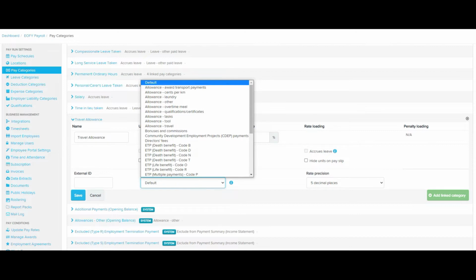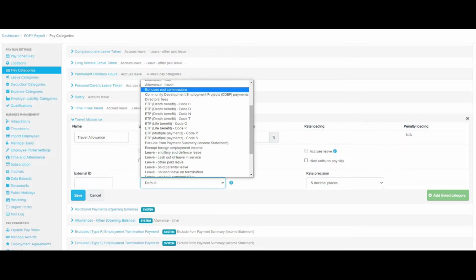If you were to select Default, any earnings paid using this pay category would be attributed to the employee's gross payments. If you selected any of the allowance classification types, any amounts using these payment classifications would be reported separately in the SDP reporting as allowances. Also, as part of SDP Phase 2, there are other payment classifications used to indicate different payment types, such as bonuses, paid leave,